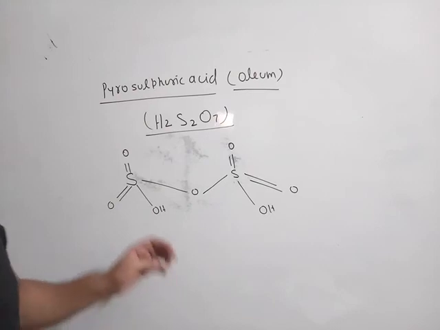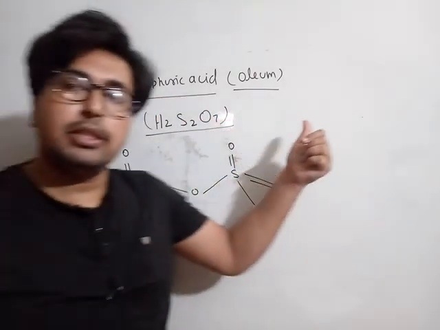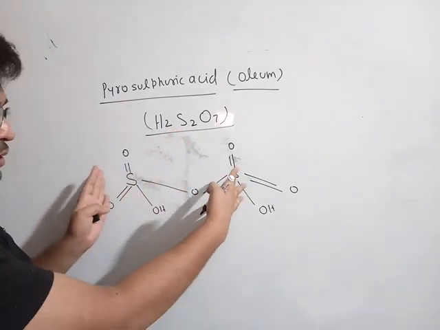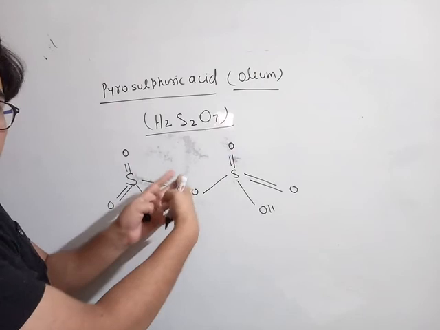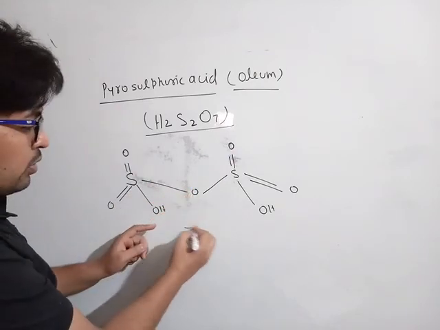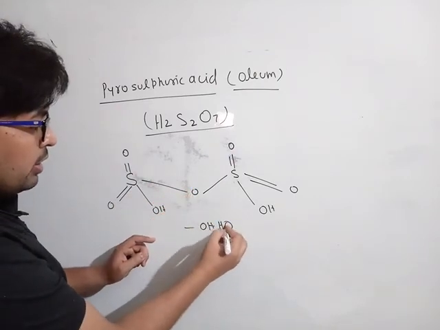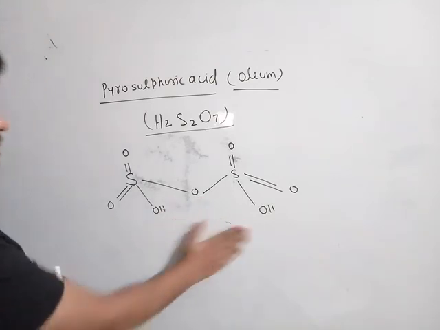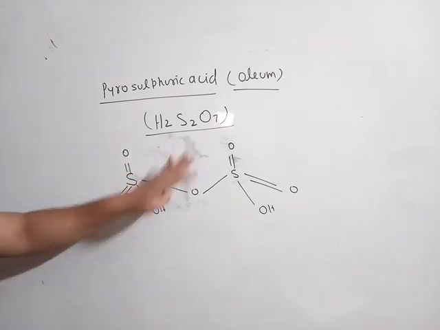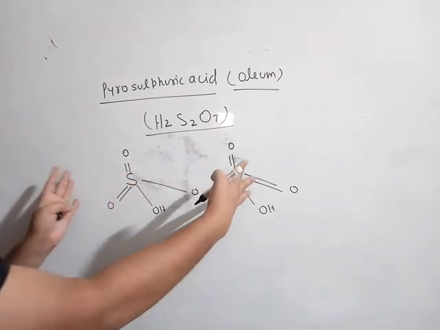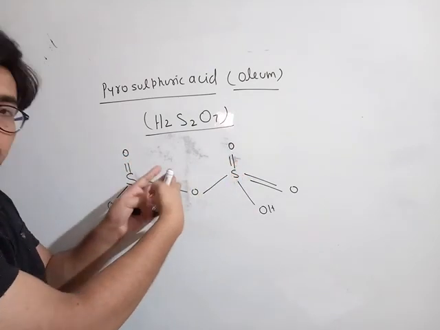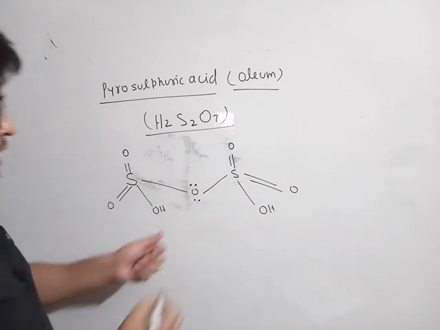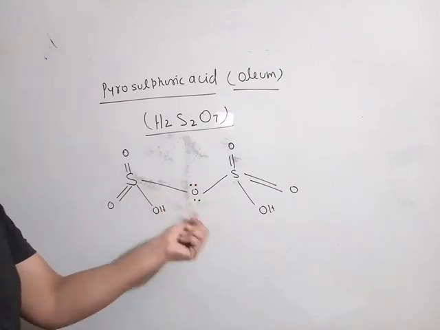The next topic is pyrosulfuric acid, or oleum. As you can see here, the structure is similar to H2SO4. Two H2SO4 structures are combining and water is removed, leaving one O over here. So that will be the structure of oleum. That is very important. So you have to memorize that 2 H2SO4 structures combine and water is removed, leaving one O. The shape at that point will be V shape, because the case is 2 sigma, 2 lone pair.